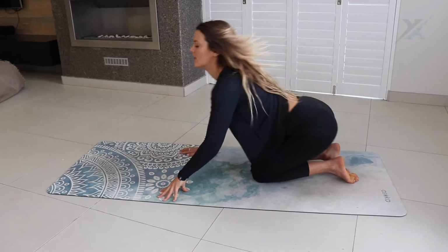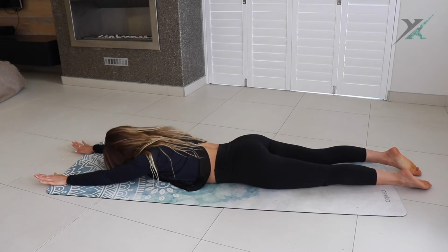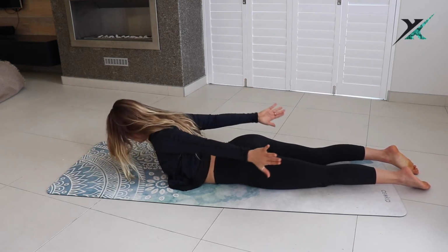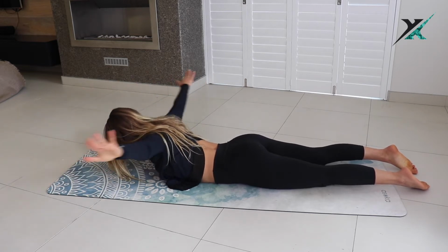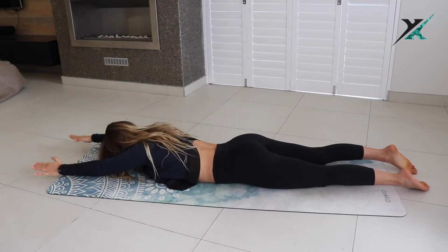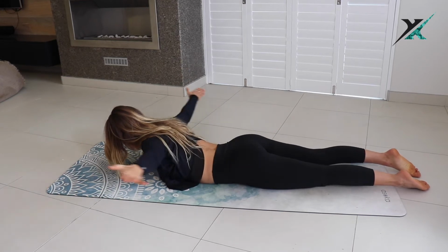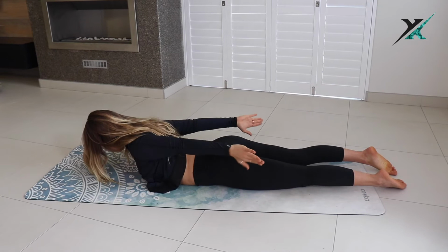Coming down onto your stomach, we're going to go into some prone Superman rotations. So this exercise is great for strengthening the shoulders as well as ensuring that your shoulders stay mobile. So you want to come up, lift up through the thoracic spine, and then bring your arms around. Notice the change in direction of my hands. So the palms face down as they come up overhead, and then they face up towards the ceiling as they